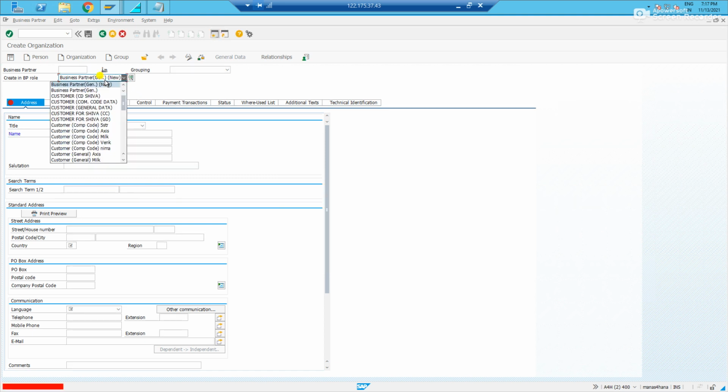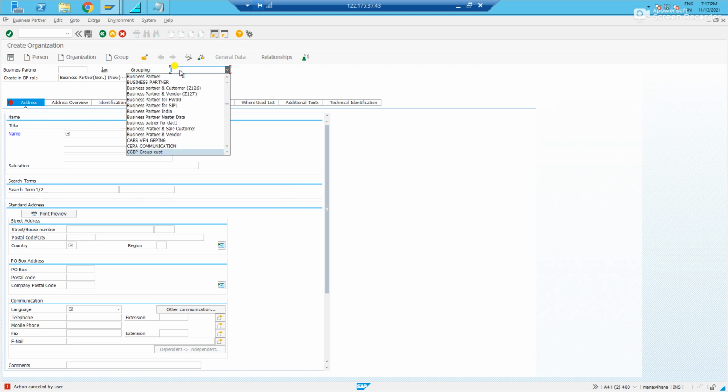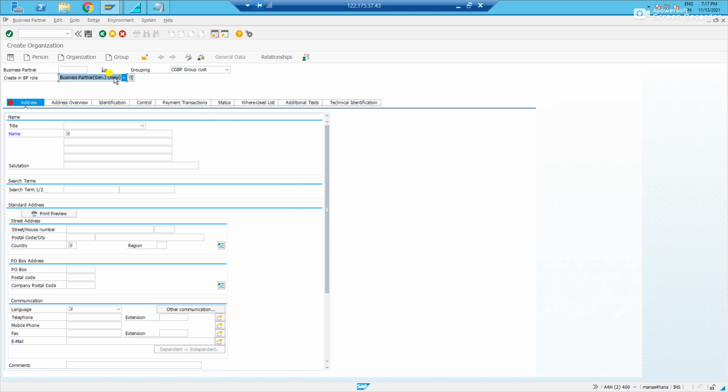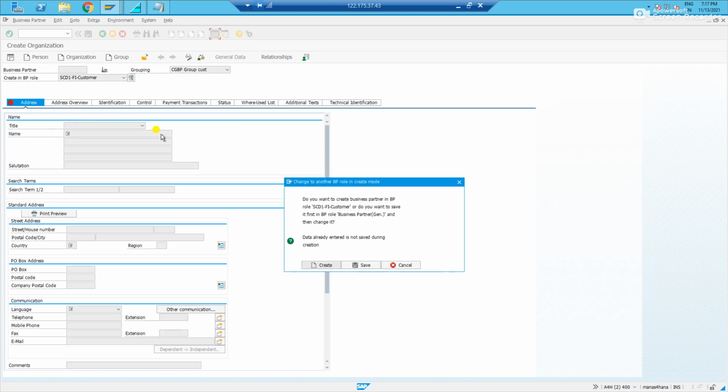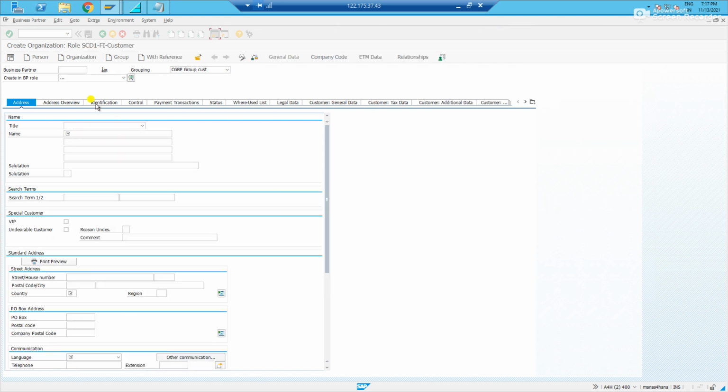It has picked the wrong one. Again, I need to select CG, the correct BP group. Then, yeah, I'll select this role, which is FI customer. I can post a direct customer invoice with this. Company test customer.